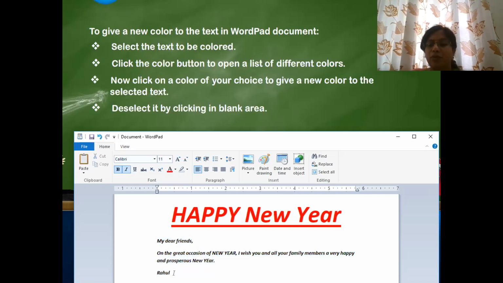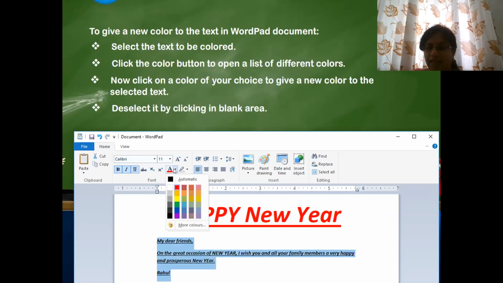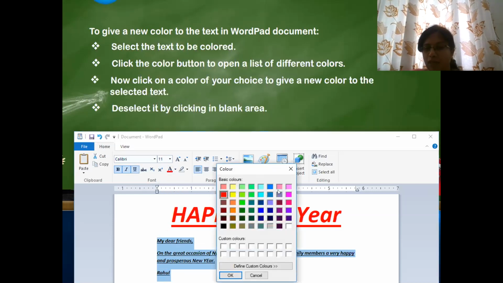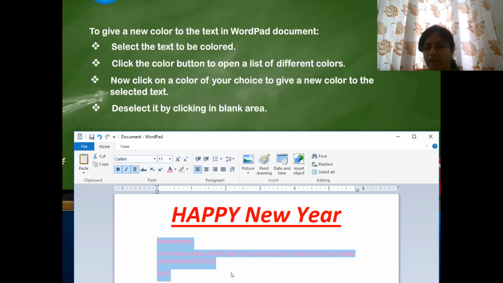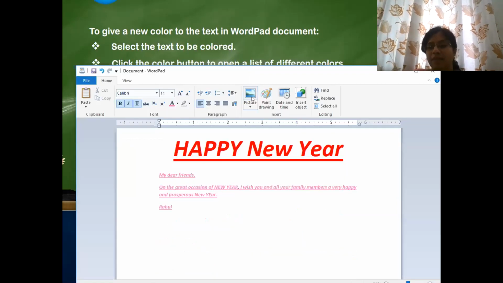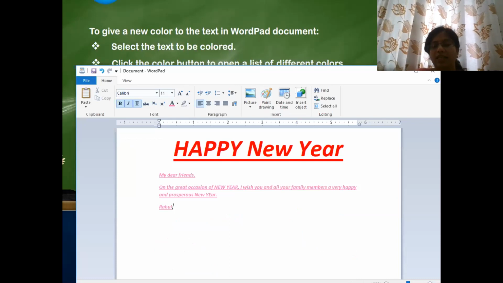And then if I want to put underline for everything, I have to click on the underline button, correct? Yes. And now if I want to give colors to it, I'll just select it. I'll give red and I'll give some, what color should I give? If I want more colors, click on more colors. Okay, I'll take a pink color. Okay, see, all my text has come into pink color, right? This is the way you can change it.